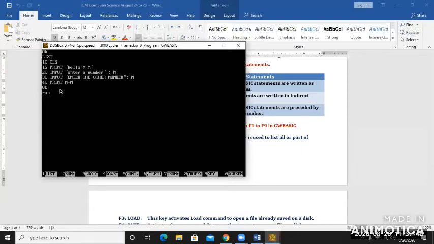A command does not need a preceding line number, as it is not needed with run here and not with list. But CLS is also a command, but it is a part of a program here, so it is preceded by line number 10. What does it mean? That I have used a command as a statement here. Before the output is shown, first the screen will be cleared automatically. I just wrote the run command and pressed the enter key. Now first the screen is cleared, previous lines are gone, and this is the output of our program. Okay.